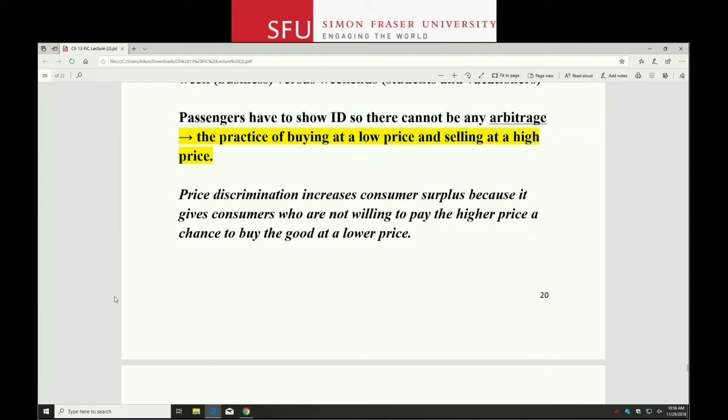So I think it was on Marketplace, they did an episode where they had a group of people all look for exactly the same airline flight on different computers, and they all got quoted different prices for exactly the same flight because they all had different histories, like search histories, on that website. Anyway, okay, so